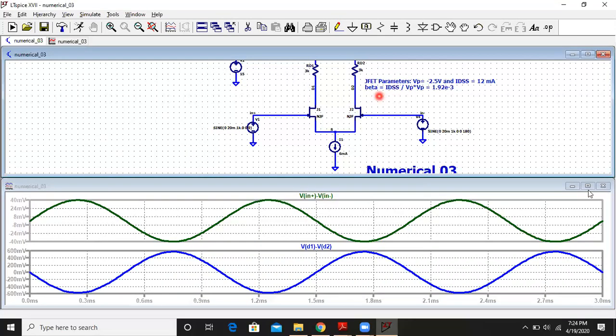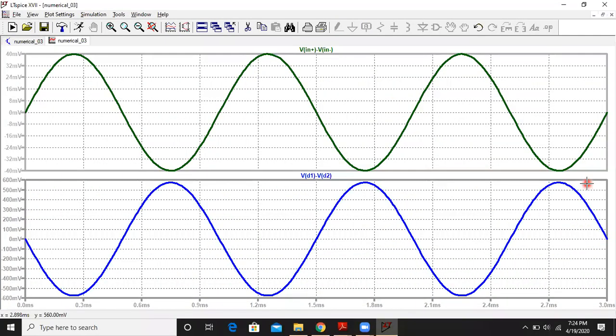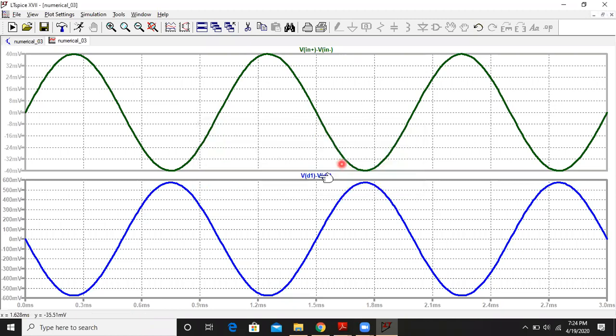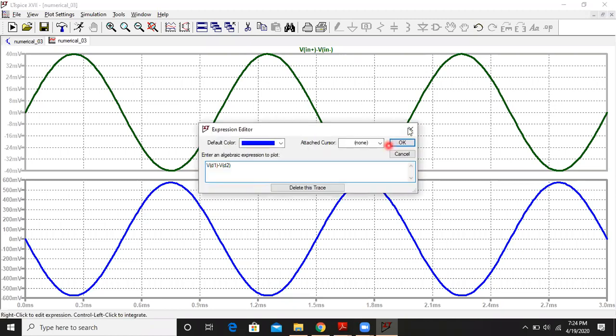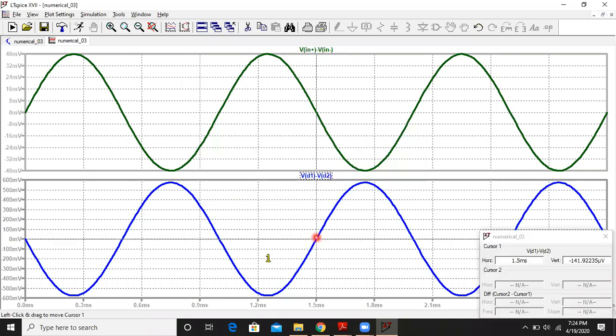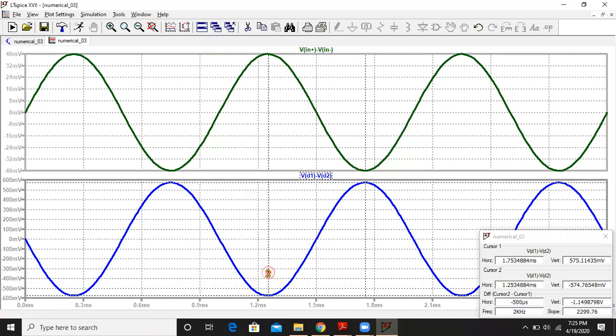Yes. As you can see, it is coming out of phase. So the minus sign is justified in the numerical. Now let us check the output amplitude. So the output amplitude here will be, let me just right click on it to add the trace. Yeah. So this is first trace. Let me add the second trace over here. So the first trace is over here. The second trace is over here.